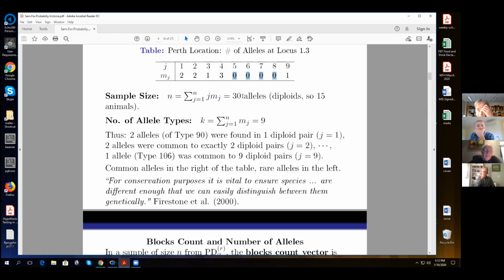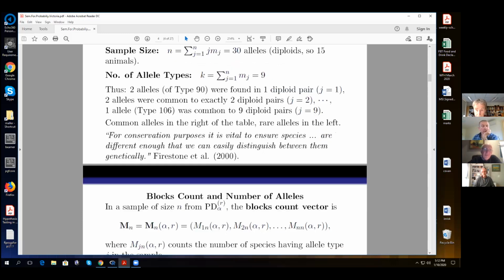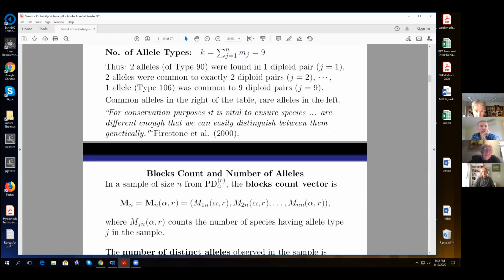They have no significance. In fact, you could also pad out the table further to the right by adding in zeros. There are zeros with 10 alleles, zeros that appear in 10 alleles and so on. The Firestone paper is about